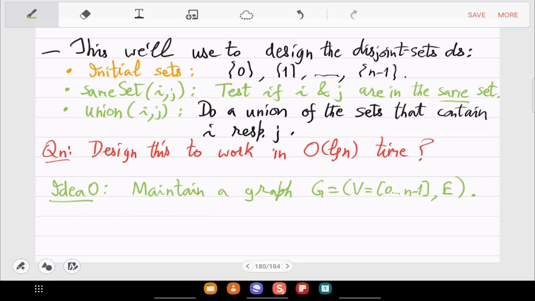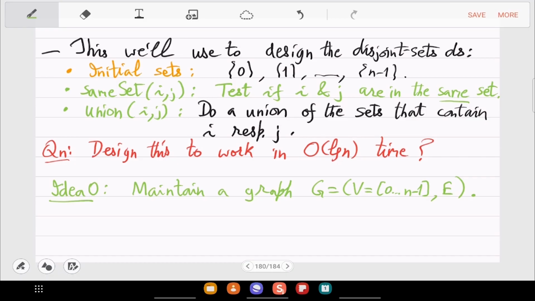How can you store these sets, say starting with the singleton sets, in a graph? So what does a set represent in a graph, intuitively?